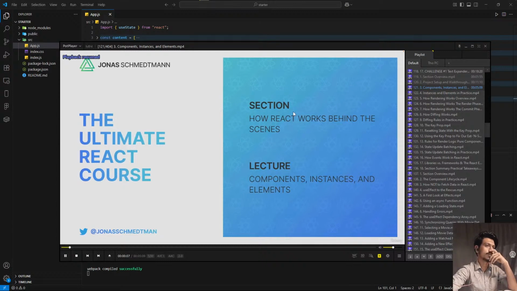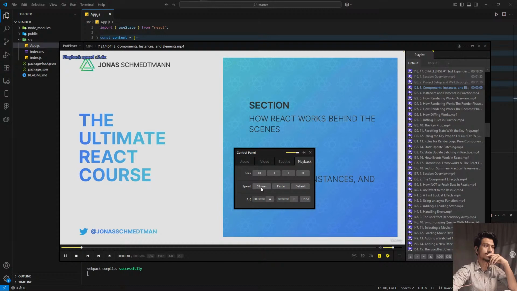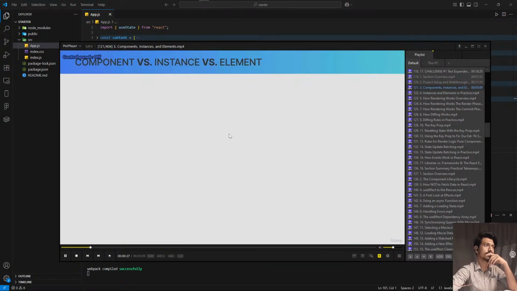React components, component instances, and React elements. Knowing about this difference will hopefully make it a bit more clear what actually happens with the components as you use them. And also, this is a pretty common interview question, so this topic is definitely worth learning about. And let's begin by taking another look